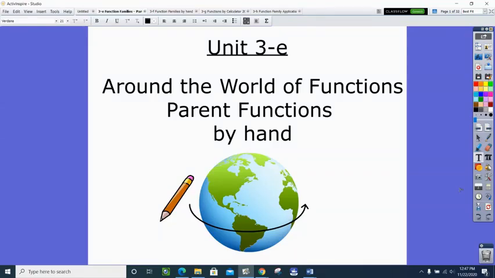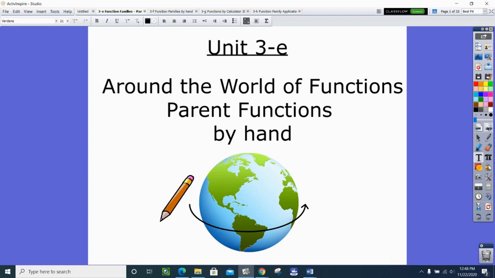So we're going to start today by talking about the parent functions of different what we call function families. And you have, or should have, a worksheet in front of you that has 8 problems. And this little tiny video here is going to walk through those. I'm thinking that pretty much the first 6 will be good, at least maybe 5 out of the 6. And then when we get to the back, that's where I'll slow down and make sure that we're